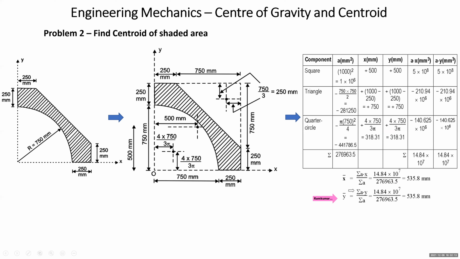You can see that here by chance x bar and y bar are coming out to be the same because of diagonal symmetry. There is a diagonal symmetry in this diagram, but you are not supposed to use this advantage of symmetry. The reason is, since we are working in a rectangular coordinate system, the advantage of symmetry can be taken only when the figure is symmetrical about the x-axis or about the y-axis.